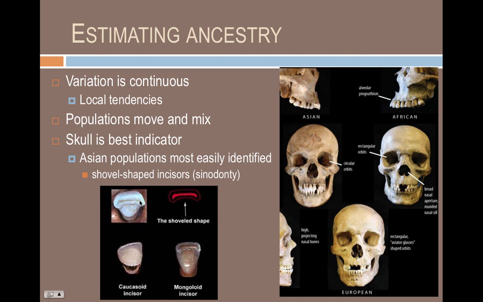In this case, it's essentially that the incisor, or the front teeth, rather than just being straight or flat across, like a European incisor or an African incisor, sort of curves around to the back just a little bit. So that's where it gets the name shovel-shaped, because it kind of looks like a shovel. So when we see this in a skeleton, we can be assured of some sort of Asian ancestry,